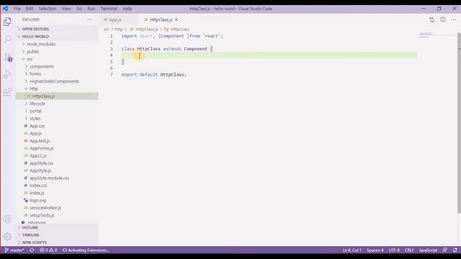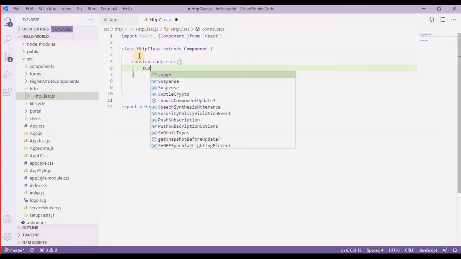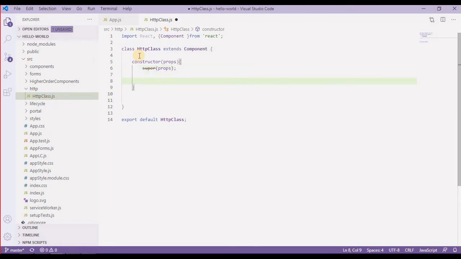Alright, now inside the class I will have some basics of this class component, like a constructor that will have props, and then I will have a super method. After super I will have a state, so this.state, and for the time being I am not providing any keys inside this state object.